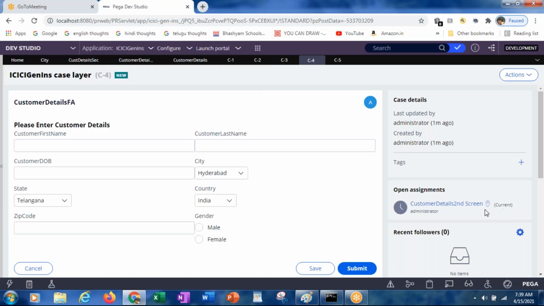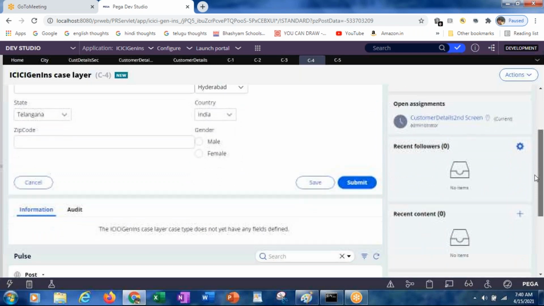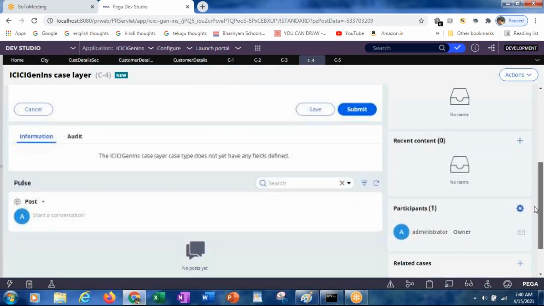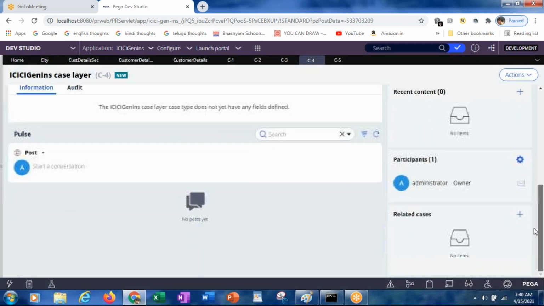This is the current assignment where we are working. Along with that, it has recent followers, recent content, and participants, who is working right now. All this information will be displayed here.